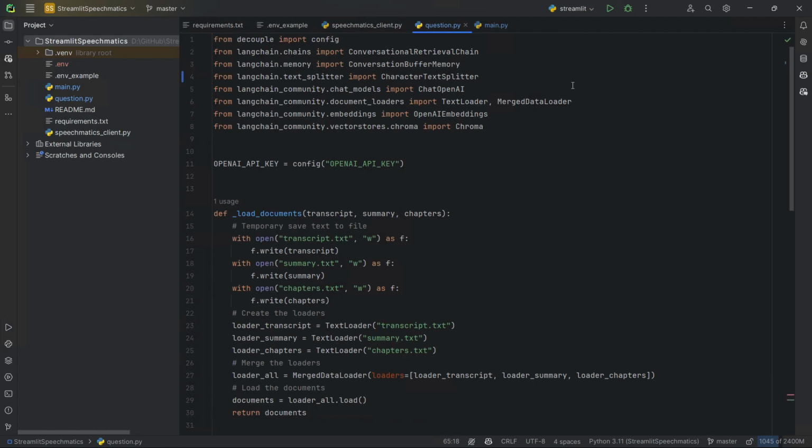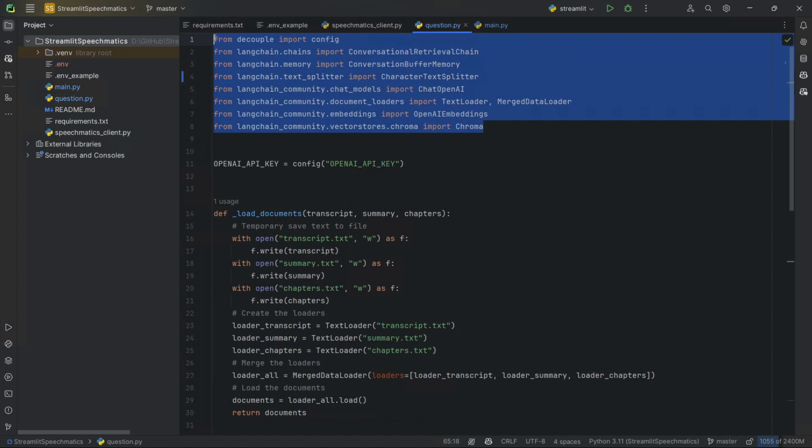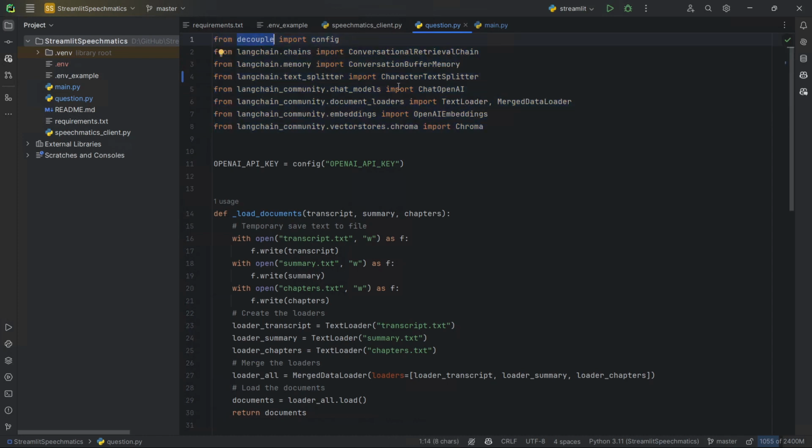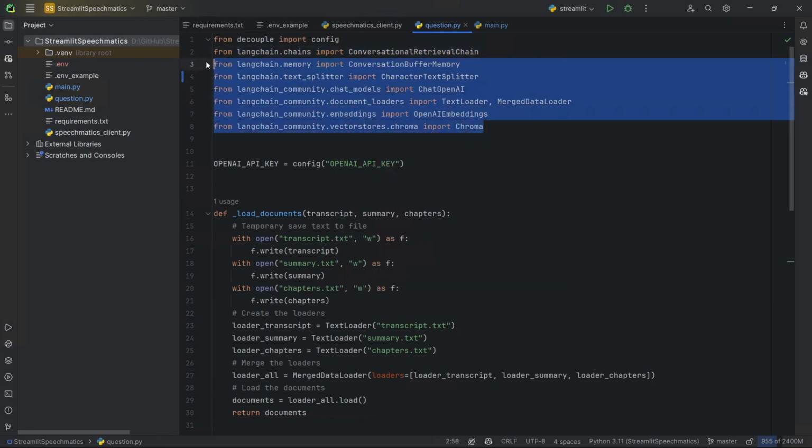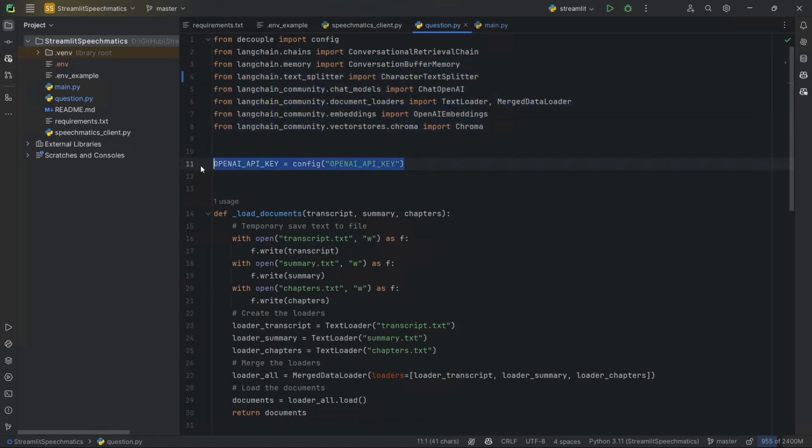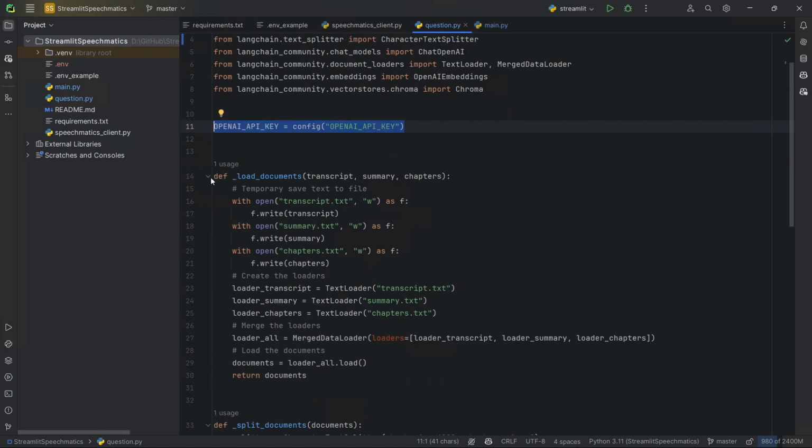Let's take a look now at the question.py file, and that is the one responsible for handling the OpenAI chatbot. So we have a couple of imports, of course, again the config for the environment variables, and LangChain, because we're going to also be using LangChain along with OpenAI. LangChain as the framework and OpenAI as the AI, so that we can organize the chatbot, so all the necessary imports for that. We're of course retrieving our OpenAI API key from the config file, and we have defined a